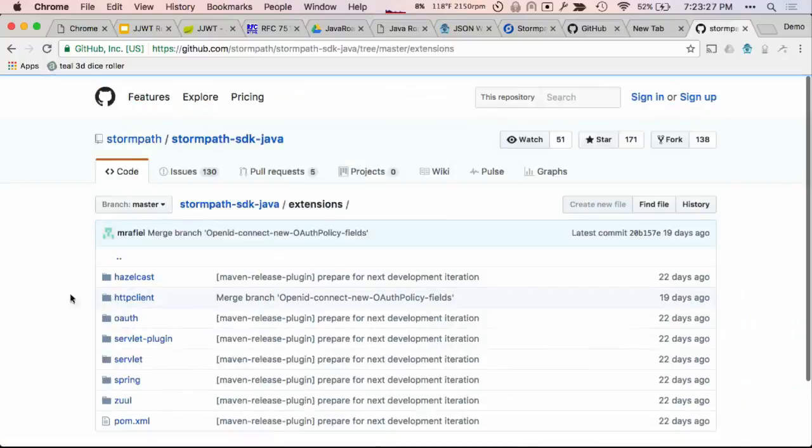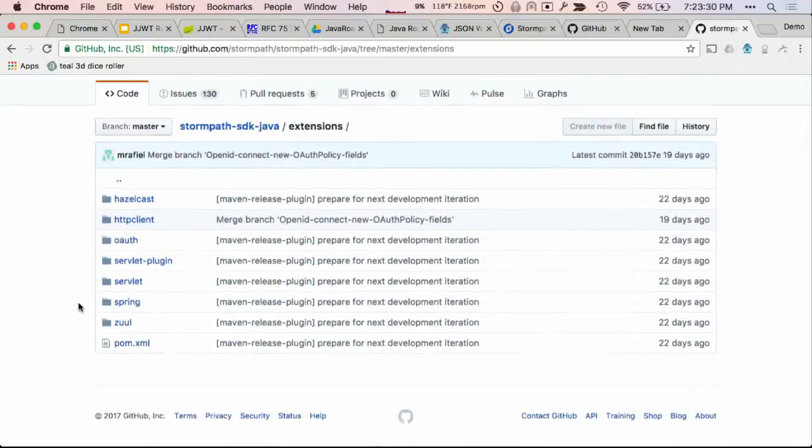But then we have all these extensions that are integrations. And Zuul is one of them. So we have this Zuul extension, and basically the idea is if you drop this Zuul extension, represented as a Maven dependency, into your project, you now have Zuul. Not only do you have Zuul as a Spring Boot application, but you now also have Stormpath integrated into it, which means without any additional coding on your part, you get login and OAuth2 and forgot my password and all of those nice Thymeleaf templates that Matt was talking about out of the box. I'm going to show you that in just a second.